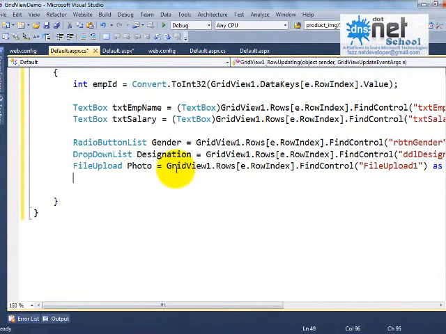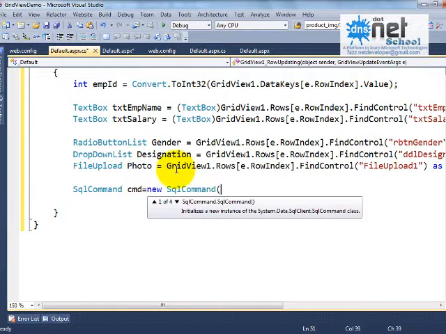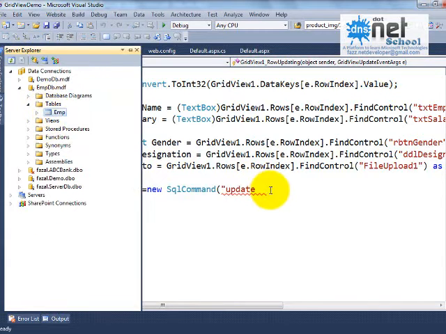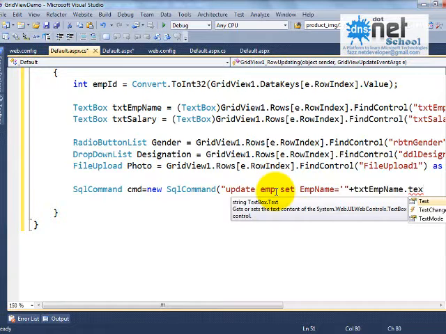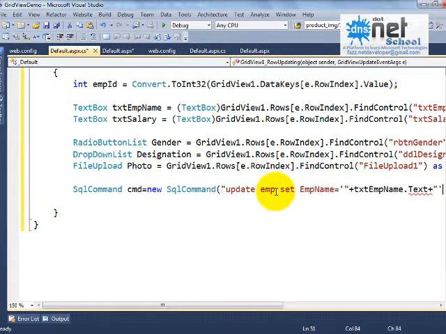Now the time is to work with the SQL commands, the update command. Okay, cmd equals new SqlCommand. What is the command? Update, what's the table name? emp, set empname is equals to single quote, double quote plus txtEmpName.Text plus double single comma.